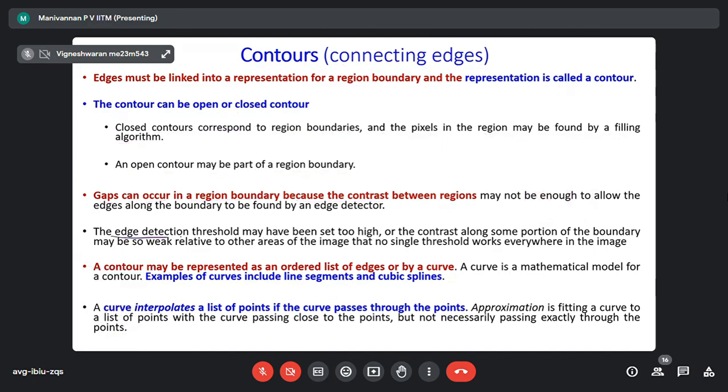Another thing is edge detection threshold may be set too high, or the contrast along some portion of the boundary is so weak relative to the rest of the image that a single threshold value is not sufficient to detect the edges and also find the boundary. Correct? That's why image processing is many times a trial and error method. You have to set different filtering, whether 3x3 filter, 5x5 or 7, or mean filter or median filter,